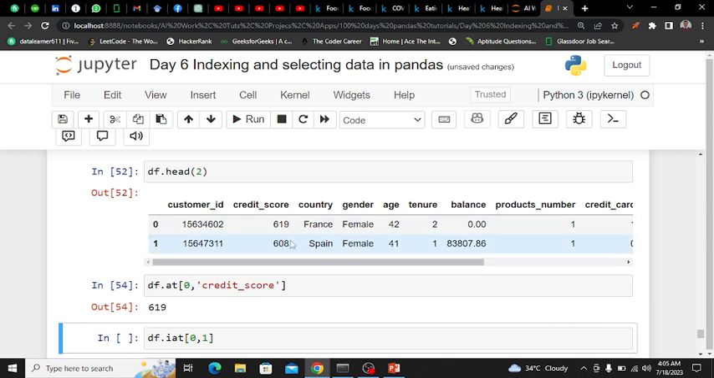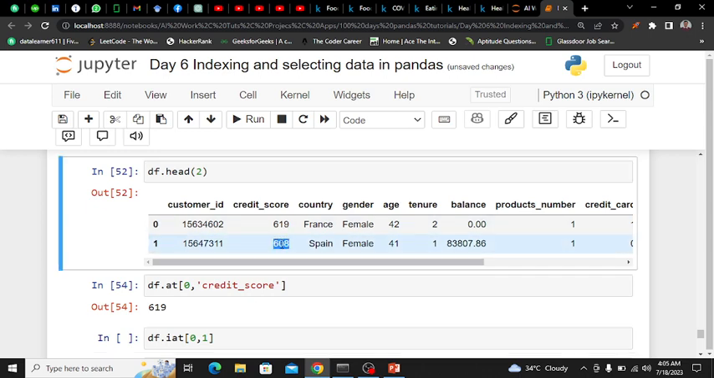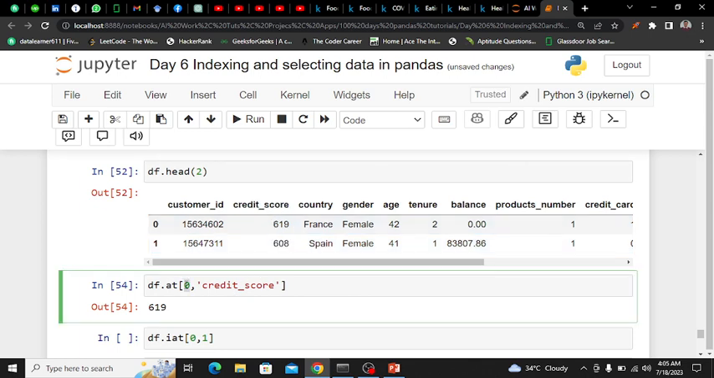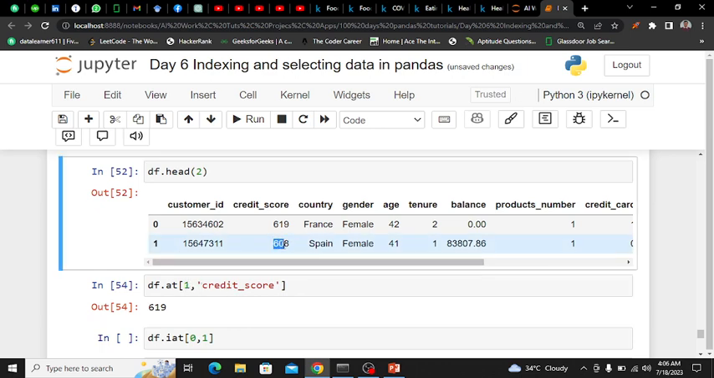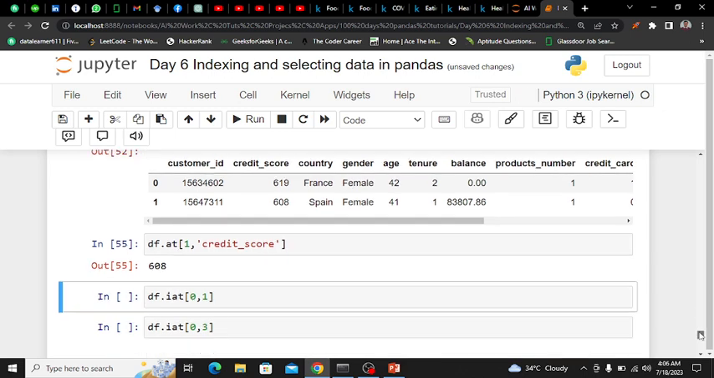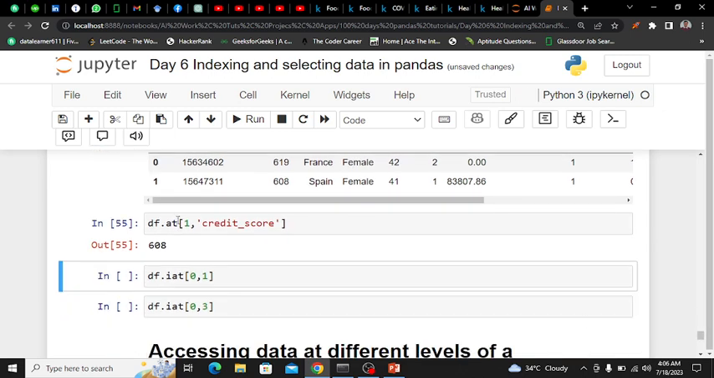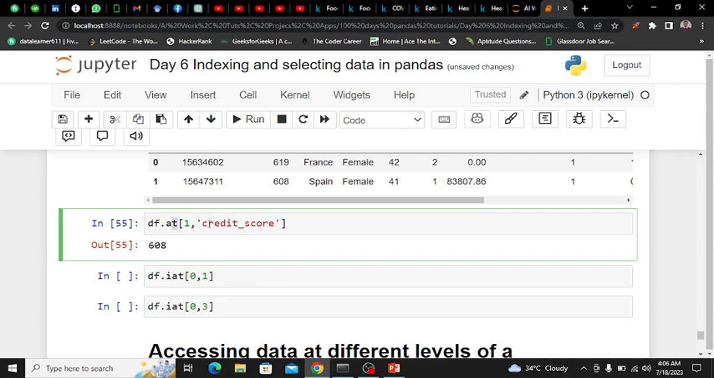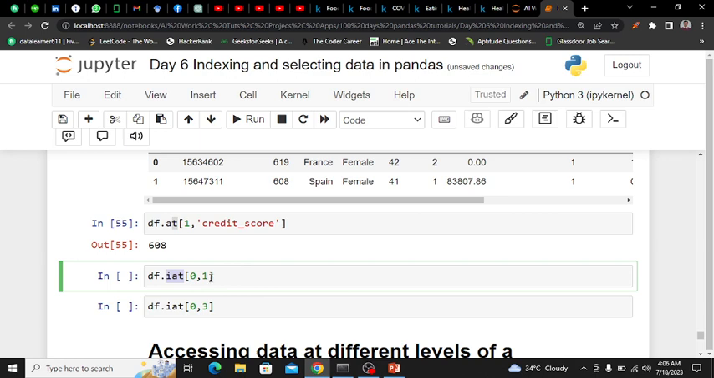Now here I am interested in taking this value, 600, that is within this credit score. So first I'll specify the row number, that is 1. So let's do it, make it 1, and I'm taking only this value, not the entire row. So I'll specify the column name, and you can do the same thing with loc. Okay, now this at is similar to loc, and this integer at is similar to